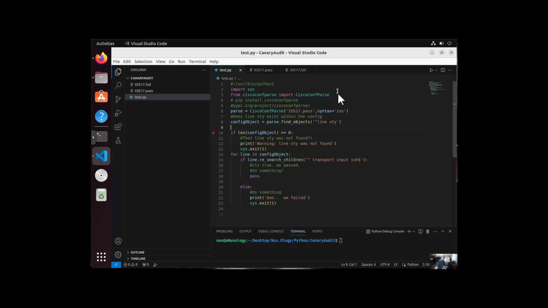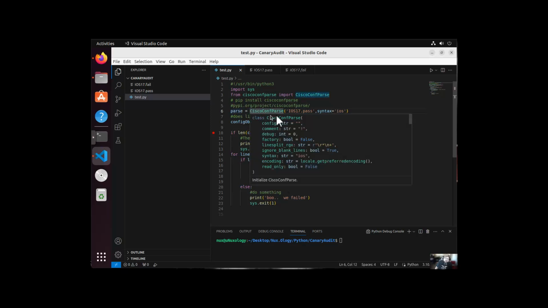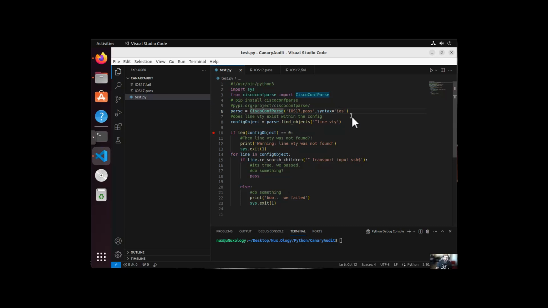So basically we're pulling in that package right here. And if you don't have that package, just go ahead and do your normal pip install ciscoconfparse, and visit the site. Give this guy some love, because this is awesome. Then we create an object: we call CiscoConfParse, pass in the file, and tell it what syntax to parse it with,